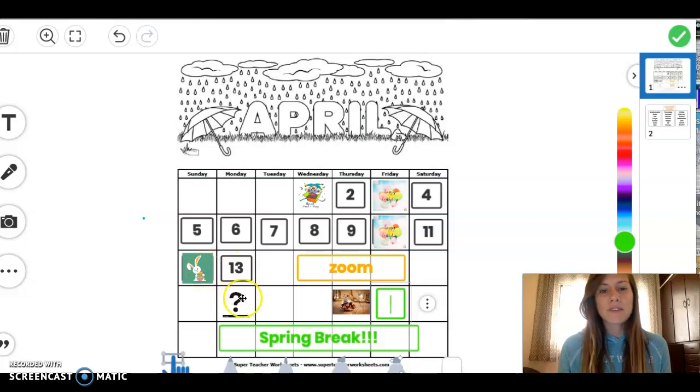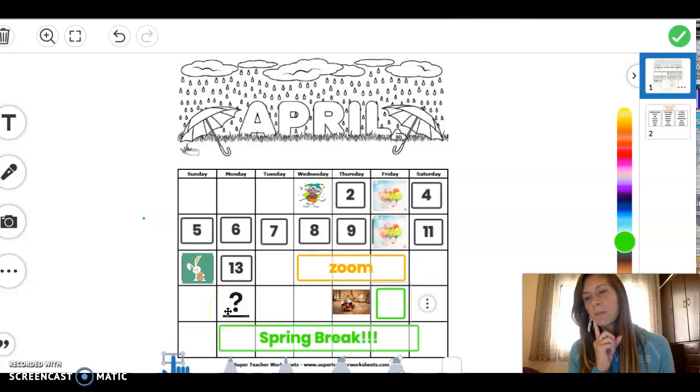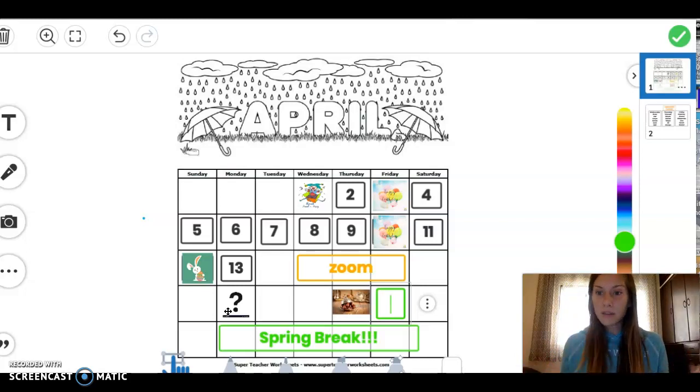Now we also have a question mark here for April 20th. Does anyone remember what that question mark was for? That question mark was for when the Moroccan government will come together and think about and talk about, are we ready to go back to our school? Is it safe? Then we have a bowl of dates here. What was that one for? Ramadan. Ramadan starts on April 23rd.